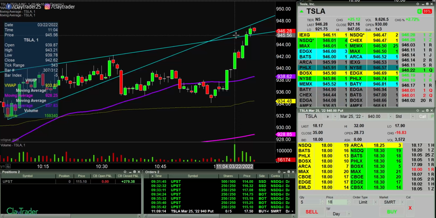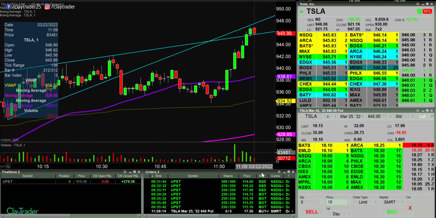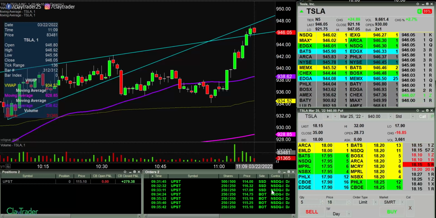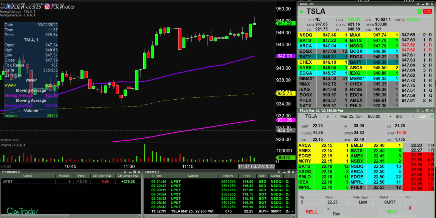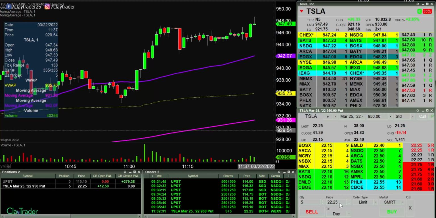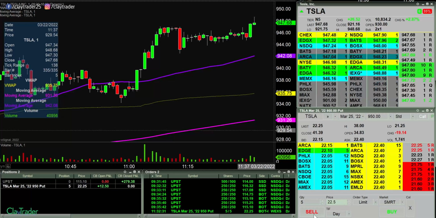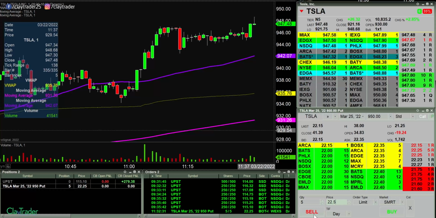All right, I will go ahead and pause. Well, and there it is. There's the move I was looking for. That pullback would have given me what I wanted. So close yet so far away. All right, going to try to get some puts here at 22.25. There we go. Let's see if this thing wants to come down because it was a false breakout here.